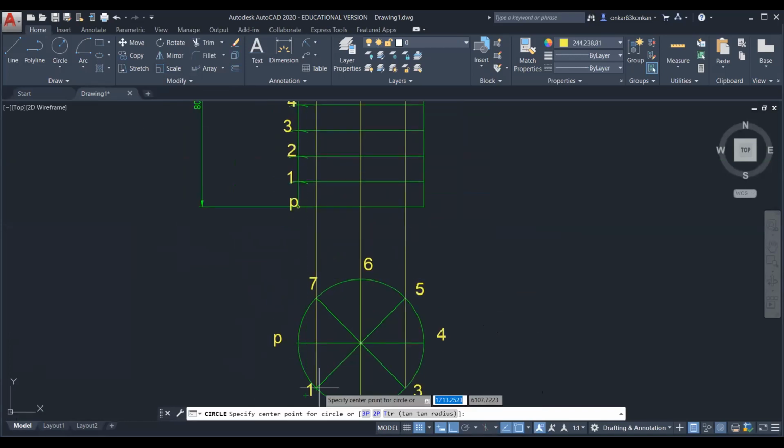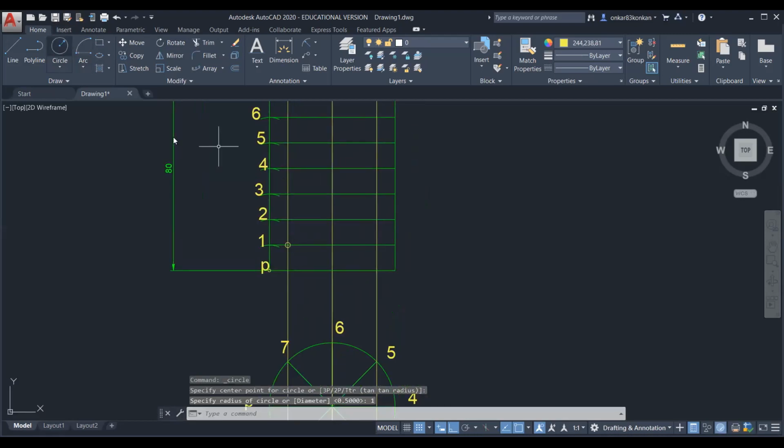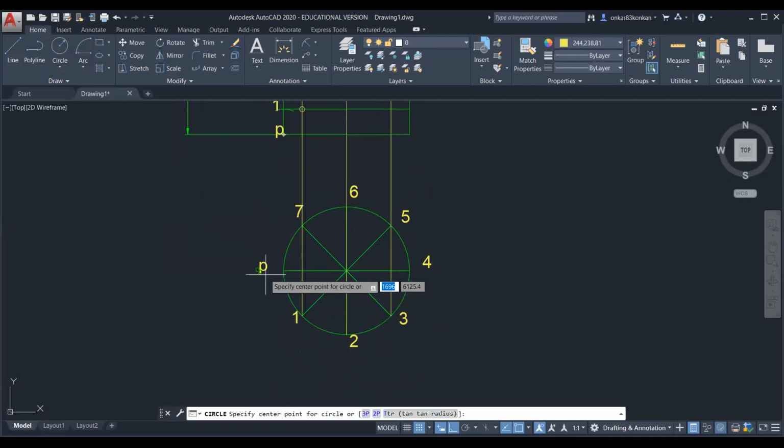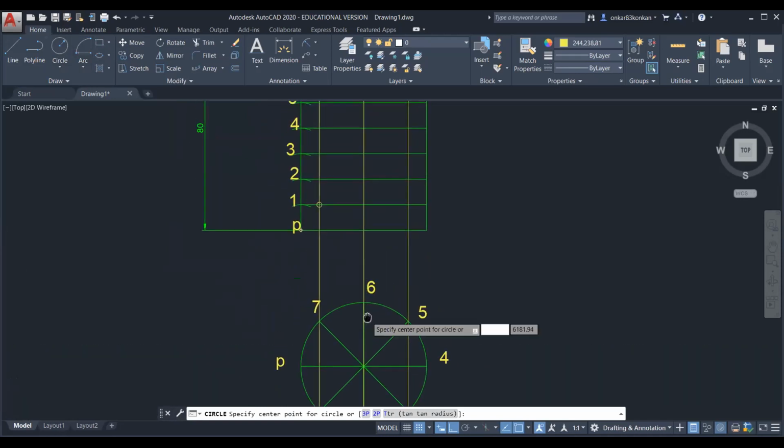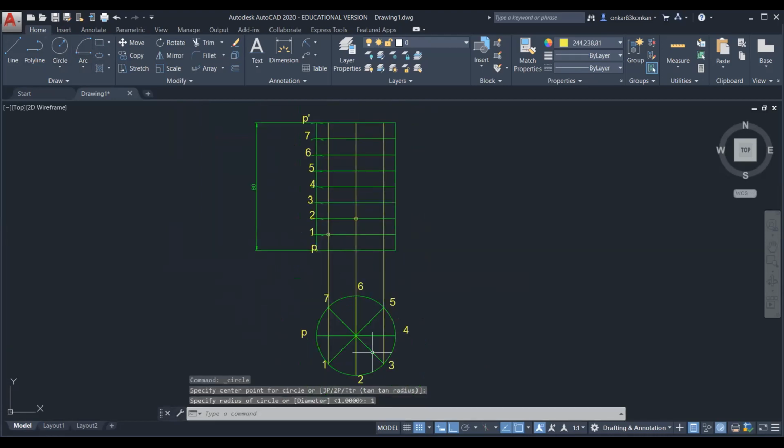Therefore, find out the intersection of this line with the horizontal line 1. So this is the second position, this will be point P1. After that, in the top view, this point will shift the position from P1 to point P2. Find out the intersection of this line with the horizontal line from 2. This is the next position. After 2, it will shift to point 3. This is point 3, the intersection with horizontal line 3.